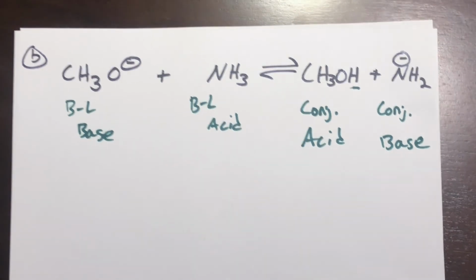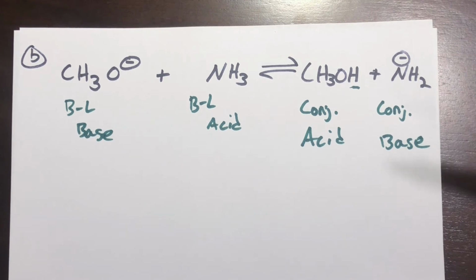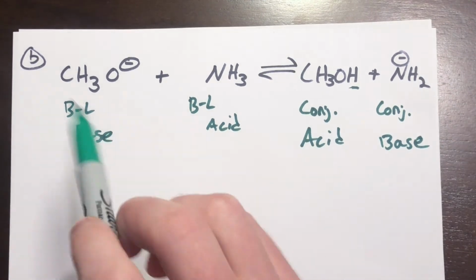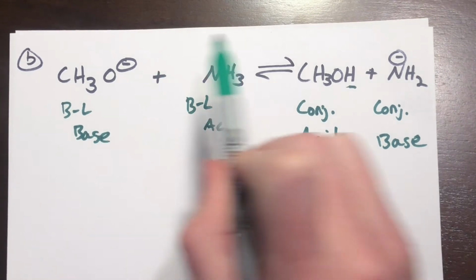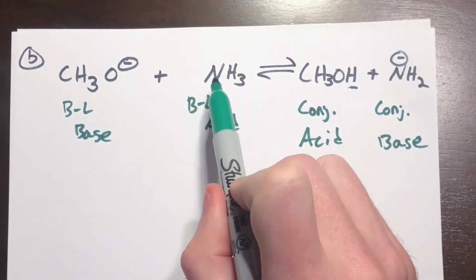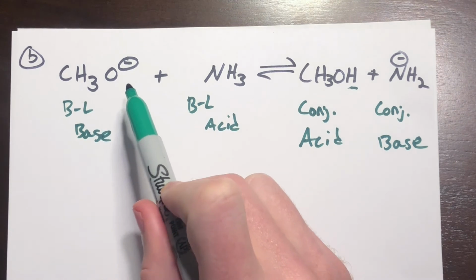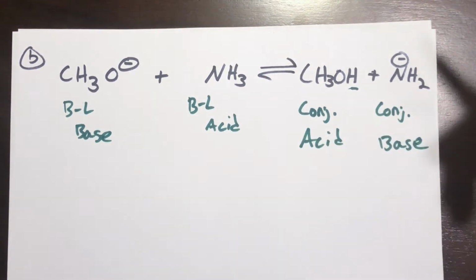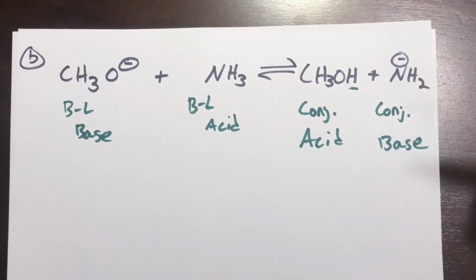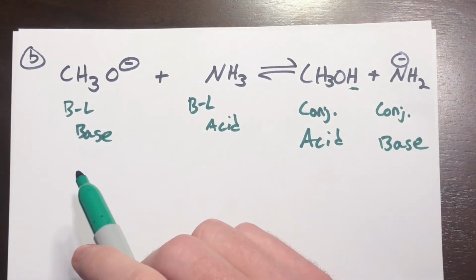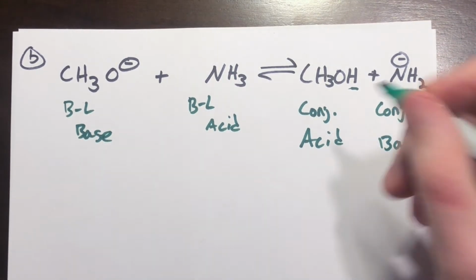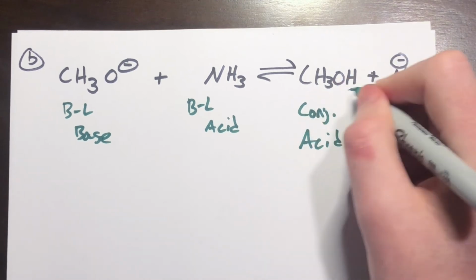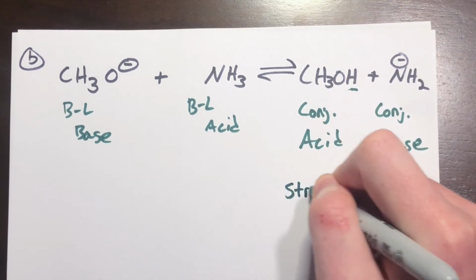Well, the only thing we can compare here is either atom size or the electronegativity. So oxygen is more electronegative than nitrogen. It is also about the same size as nitrogen. So there isn't a significant difference there. But due directly to the electronegativity difference, we can immediately say that this CH3OH is the stronger acid